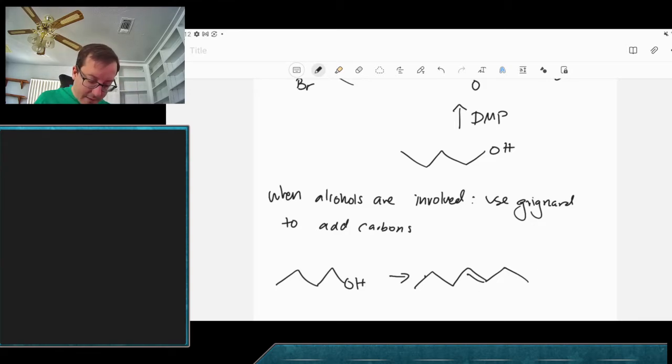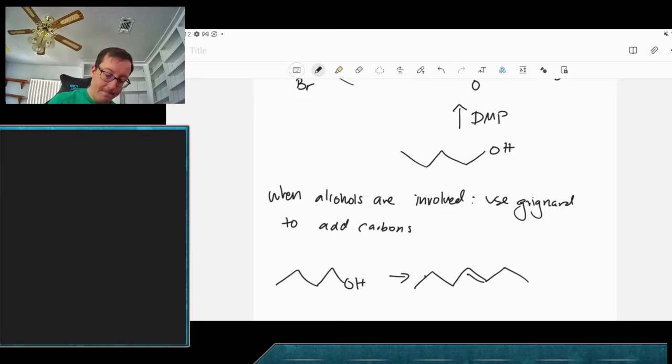something like this, since we don't necessarily have an alcohol in our product, it's a little bit tougher to say we should use the Grignard. You can use the Grignard. It would technically work, and you just dehydrate it. But we can use the acetylide here as well. So you can use either one. So in this case, if we wanted to use the acetylide,